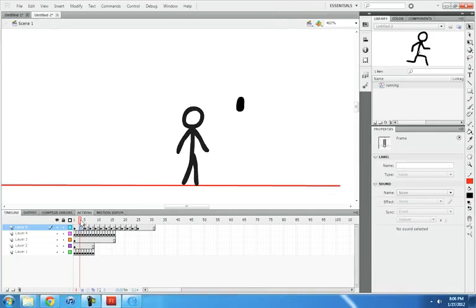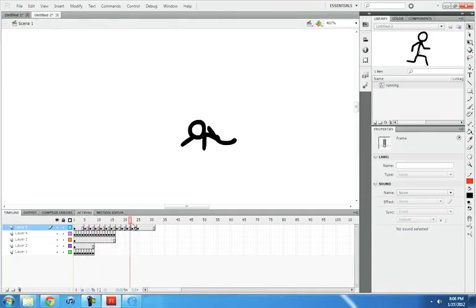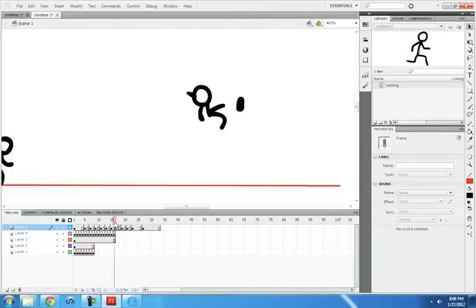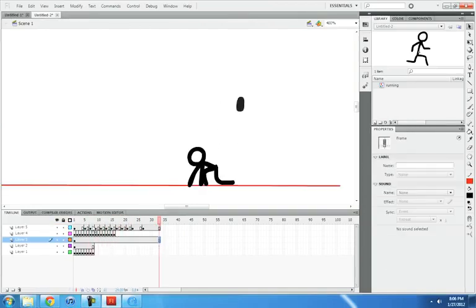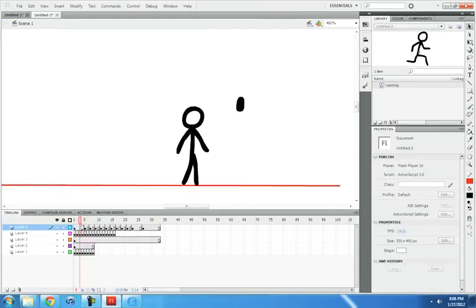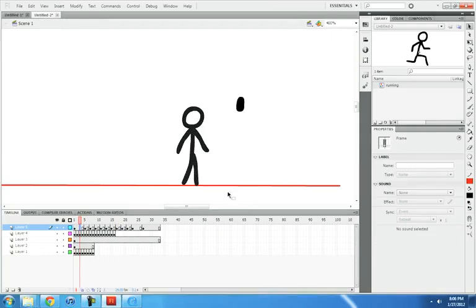So maybe I'll add another one, and then he goes up, and these are fairly fast, and then these are fairly fast. So maybe I want an extra frame as he's settling from this frame to this frame, because I want it to settle slowly. So I will in between those and then get back to you and show you. Actually, no, I will do it and you will watch. Okay, so